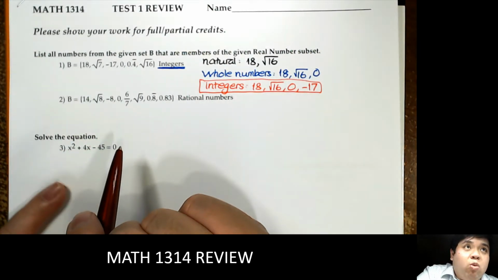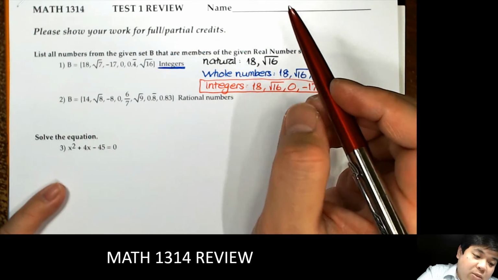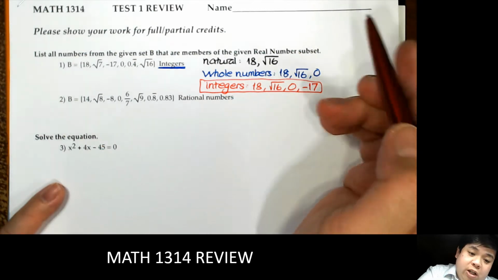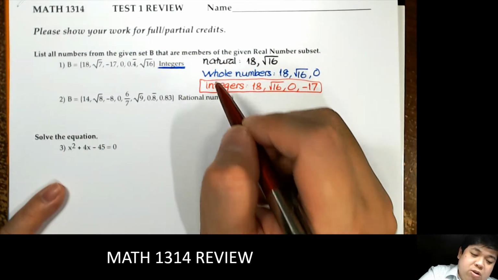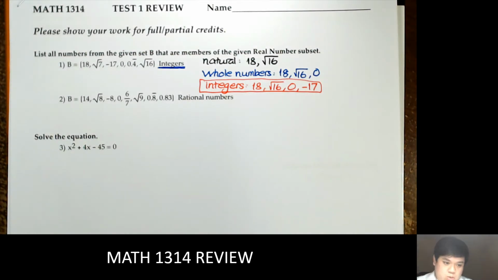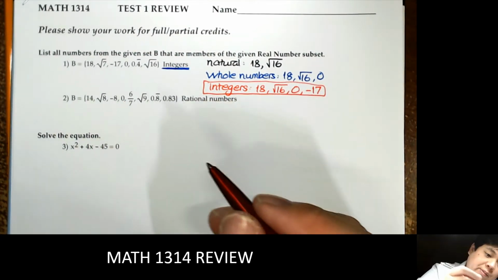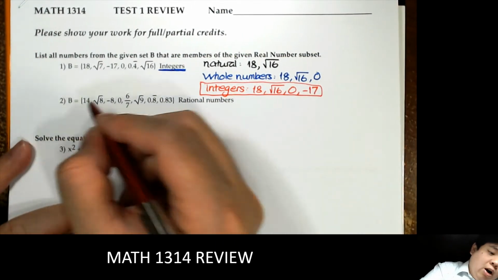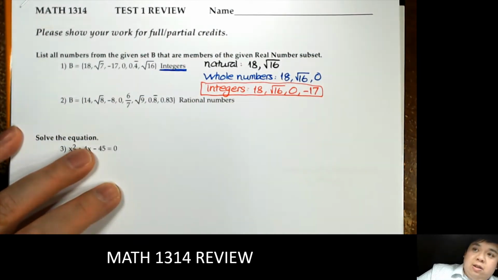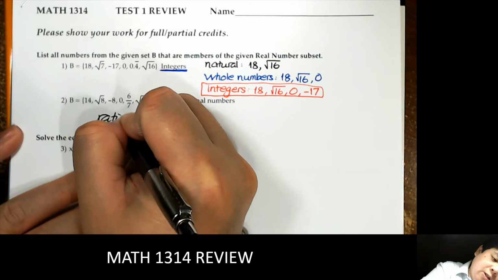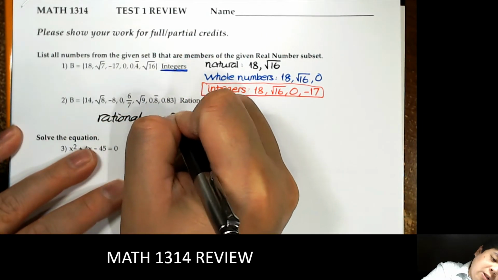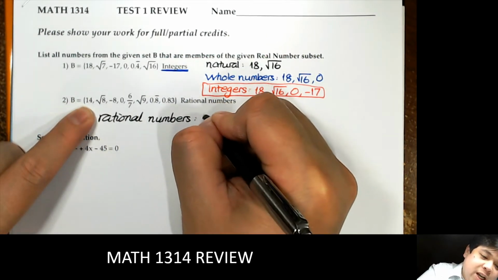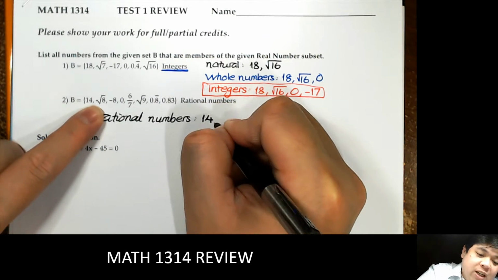Next, rational numbers. Pretty much we're going to list anything that can be written as a ratio. We include the natural numbers, the whole numbers, integers, and then we add the ratios as well. So the rational numbers. Right, 14 is a natural number, whole number, and certainly will be rational. So 14. Square root of 8,